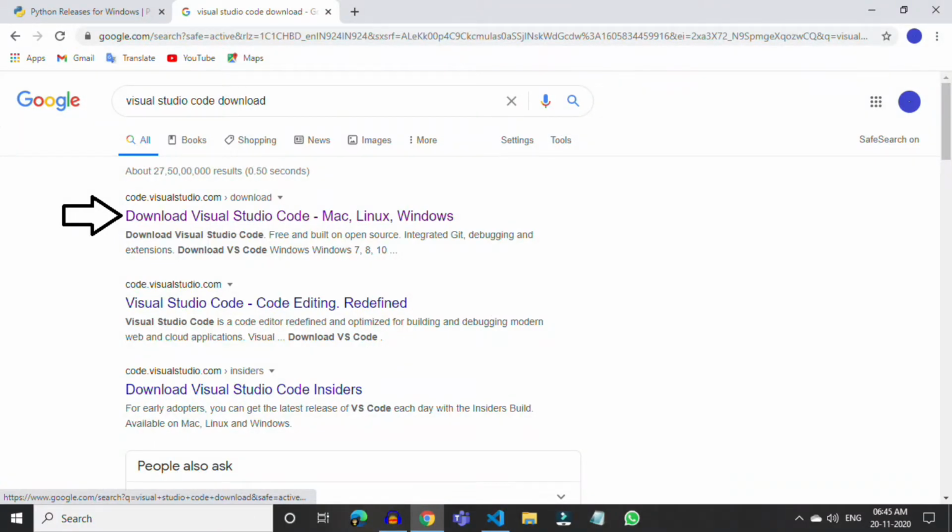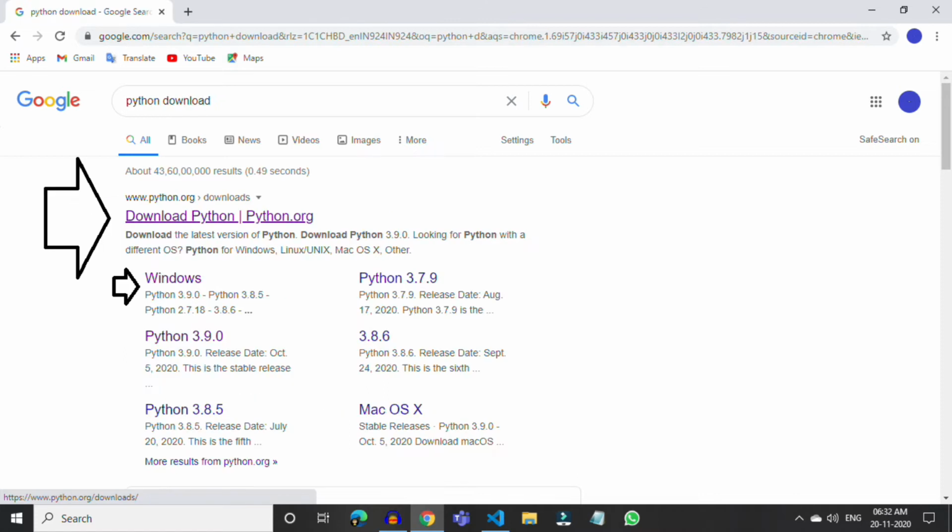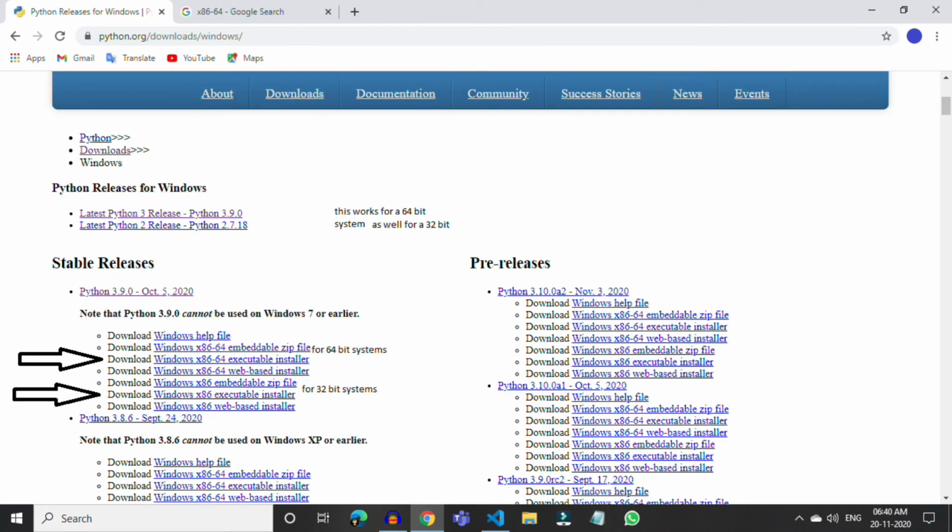Now, after downloading this IDE, you should go to your browser and search for Python. You have to type Python download, and it is going to take you to a website. You just have to click on the first link which comes up, and then it is going to take you to the website, and you have to download Python, and you have to select what your PC is. If it is a 32-bit system, you have to select that, and if it is a 64-bit system, then you have to select that. So select the architecture of your PC, and then you can just download it. That's all about the way you can download Python.